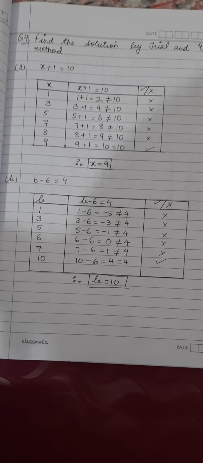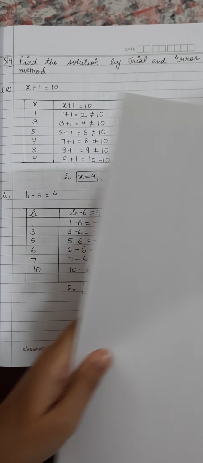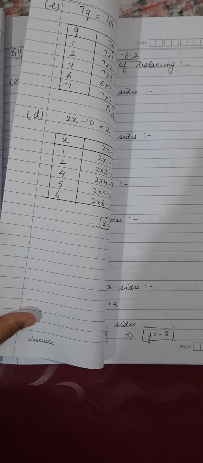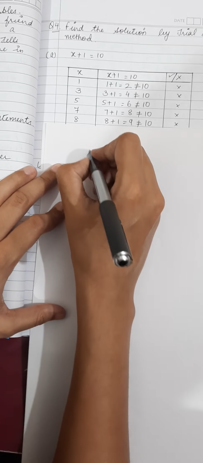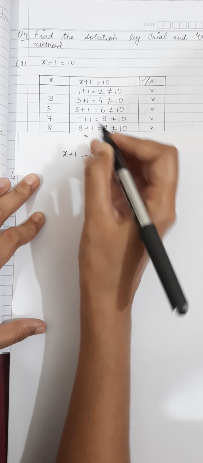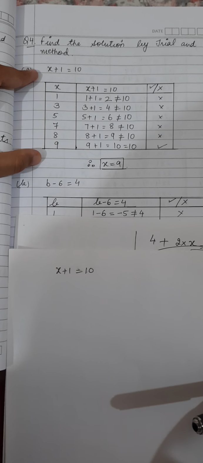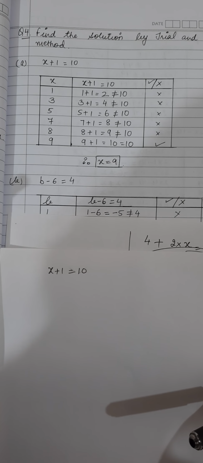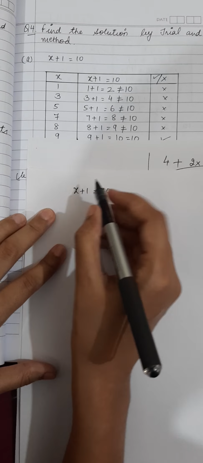Now this is the trial and error method. This method we have already done in the 6th grade. So for this I'm going to do the first part, and one more part I'll be doing for you, the first and the third part. The rest 2 parts you're going to do by yourself. Now what you're going to do in this is, I'm just going to make you revise. You're going to make a table like this. Minimum you have to solve for 4 values. Minimum 4 values at least you have to solve.